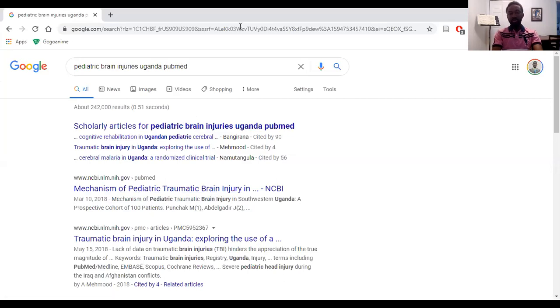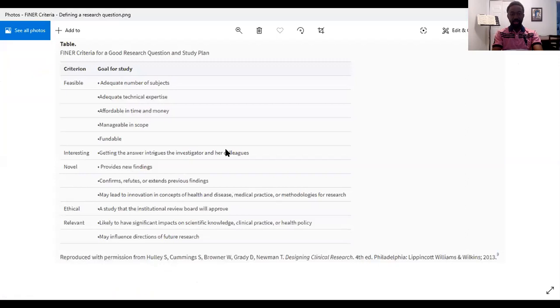Then the way to do this now is, let me share this. Right, we're going to use the FINER criteria. Using the FINER criteria, we're going to determine if it's feasible, interesting, novel, ethical, relevant. What you notice is going through these different stages helps you get a very good sense of what your introduction is going to be like.